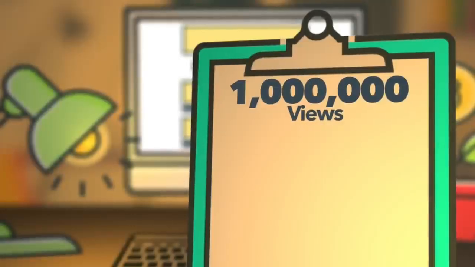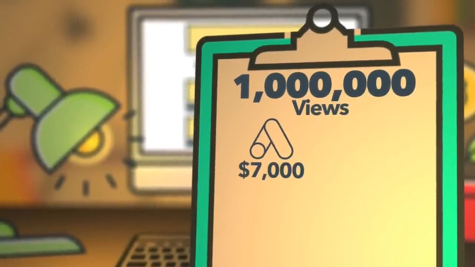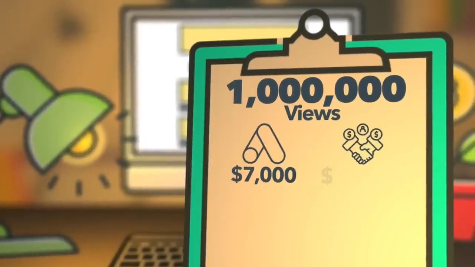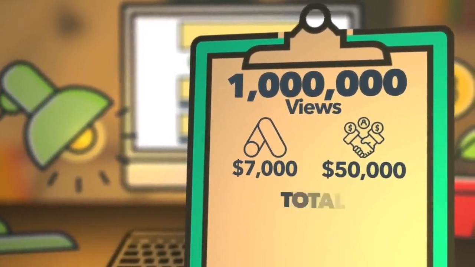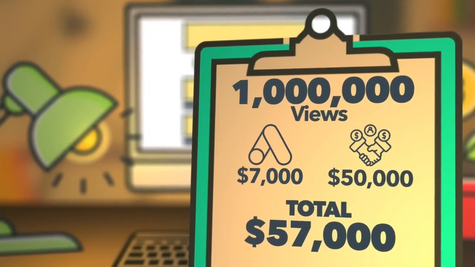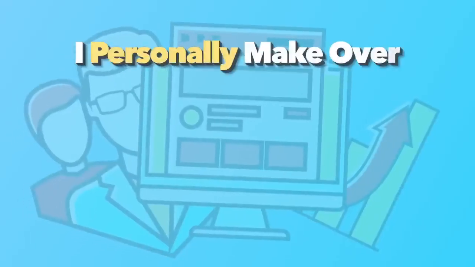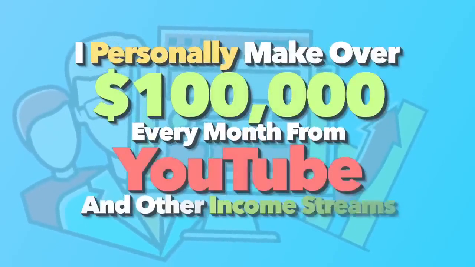Now from ad revenue, we're going to be pulling in $7,000 per month. And from affiliate products, if we use the same math that we've been using, at the 0.1% conversion rate on that $100 affiliate product with a 50% commission, we would be pulling in $50,000 per month from affiliate marketing. So our grand total then would be $57,000 per month. And if we do a couple affiliate products, that'll bump it up to at least $60,000, which sounds absurd. It sounds crazy. You probably hear YouTubers out there talking about how much money they make. I personally make over $100,000 per month from YouTube and some other income streams that I have. And it sounds absurd, but when you do the math and break it down, you can actually see how exactly this is possible.